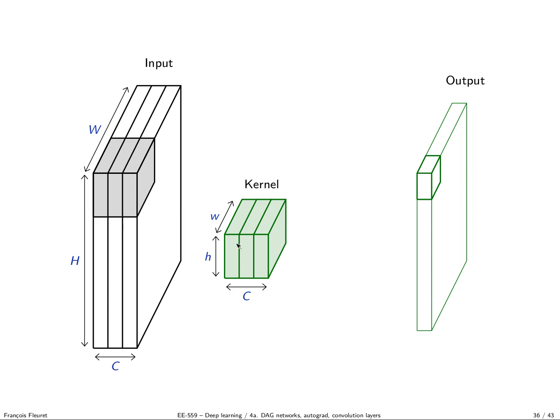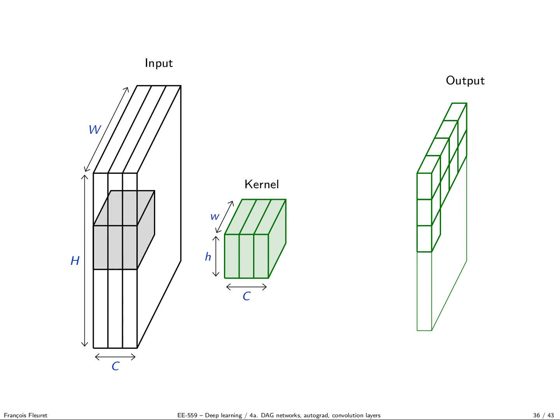So if I take this guy, I put it here, and then it takes the dot product, so the coefficient there times the coefficient there, and then the coefficient there times the coefficient there, etc. I get a single value, which is the dot product of this guy unfolded with this guy unfolded in some way. Okay, then I move, I get a new coefficient, I move, I get a new coefficient, and I do it again and again and again.